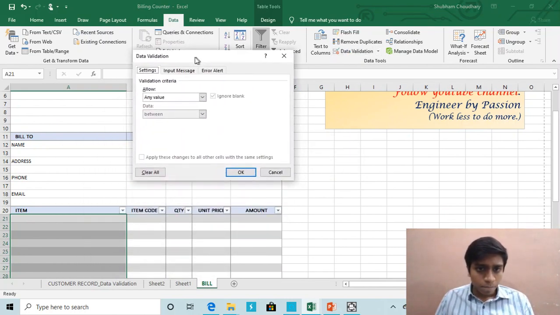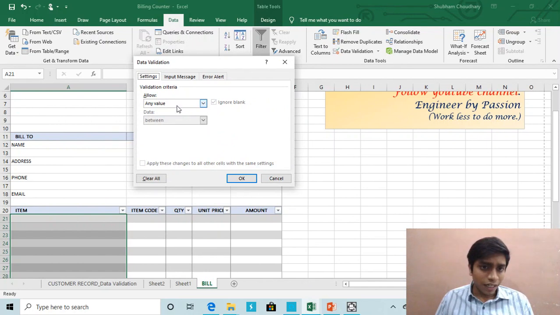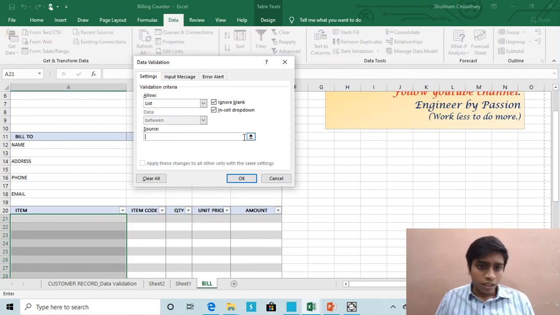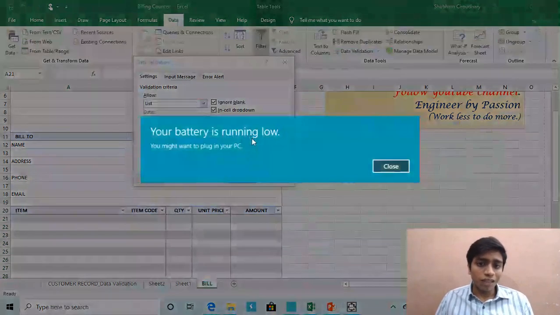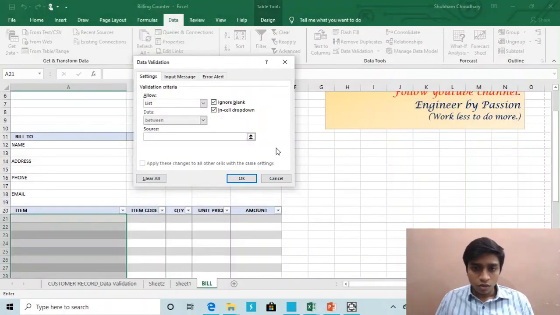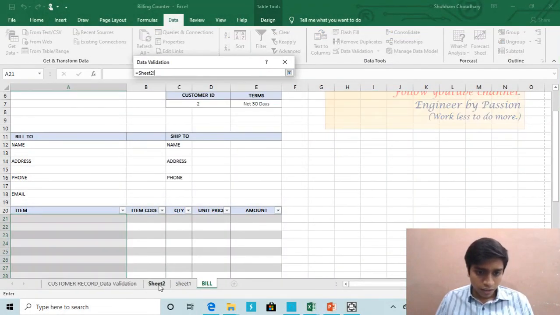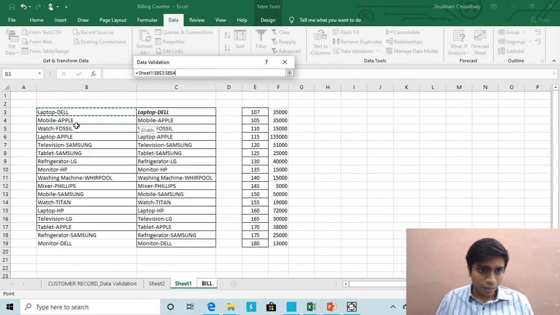Right now it allows any value, so anything can be entered, but now we want a particular list of values only. So we will just change this to list, and this is the source, means where is the list. So we will just drag it here, and this is my list of items.